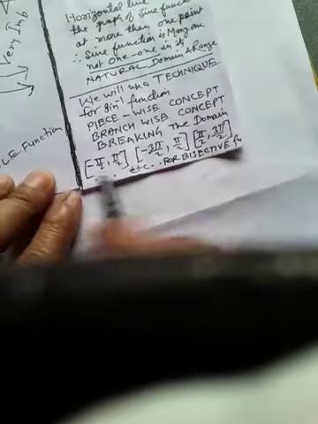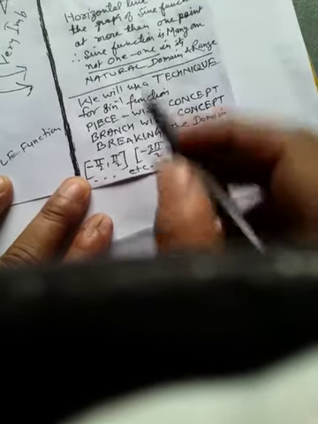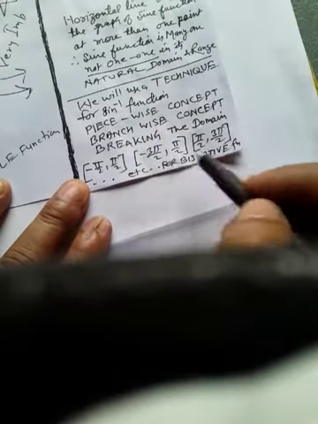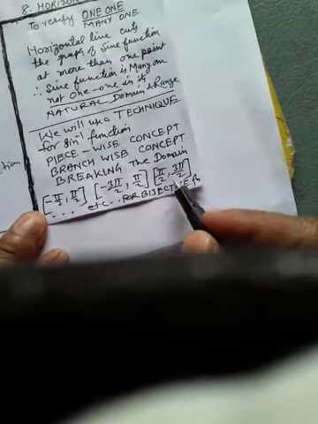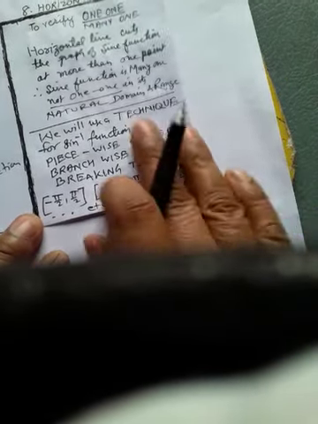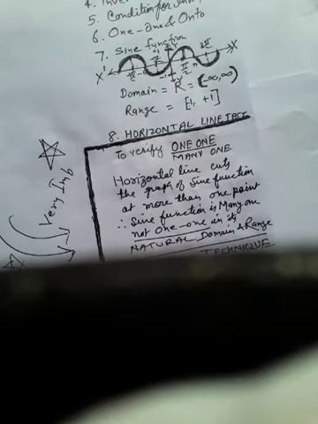Many pieces. These pieces I have written here. See this, dear children. Minus pi by 2 to pi by 2. You can take these pieces. You can make your own pieces on that one. Minus 3 pi by 2 to minus pi by 2. We can take pi by 2 to 3 pi by 2 and so on. Now, what happens after this? It is going to be very, very important.